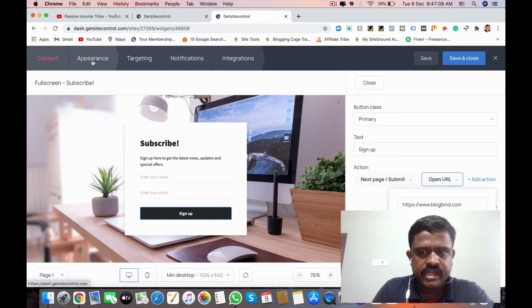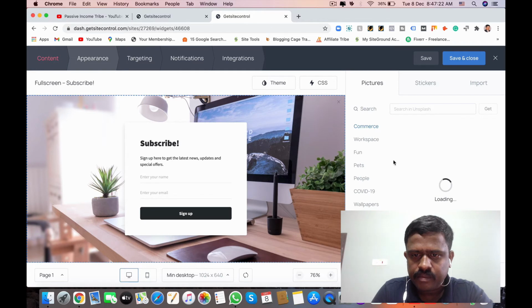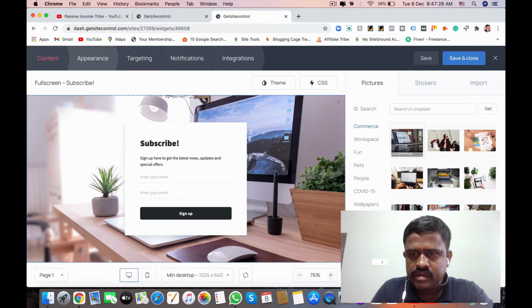Then appearance. In appearance, we have different size and spacing, and we can edit the image. If you want to edit this image, you can edit it. Here, Unsplash, right? Search in Unsplash. This is the built-in concept.